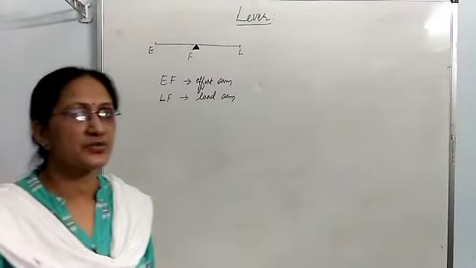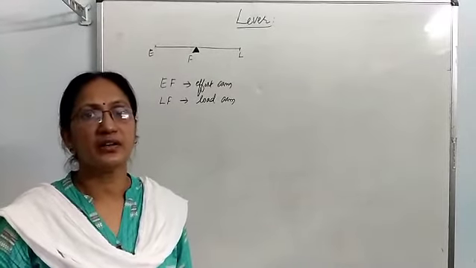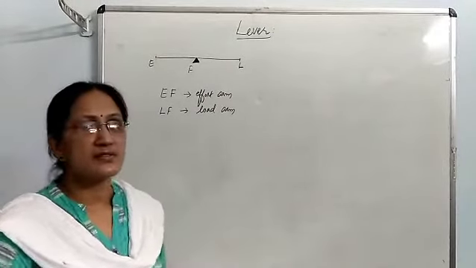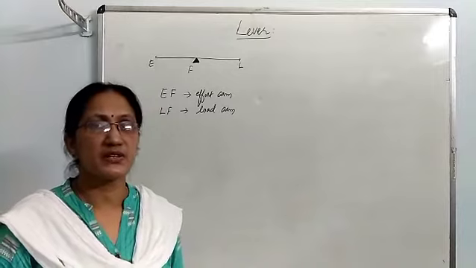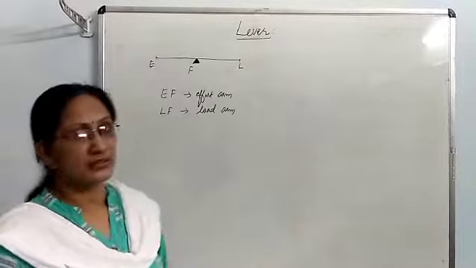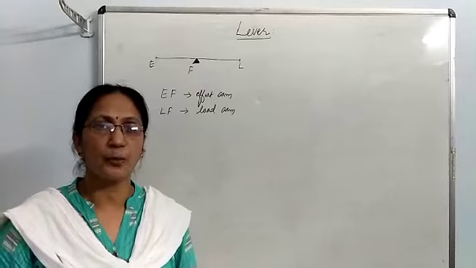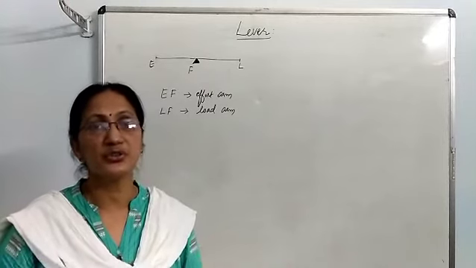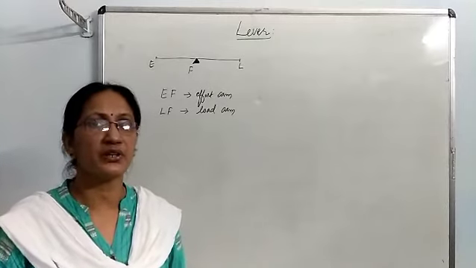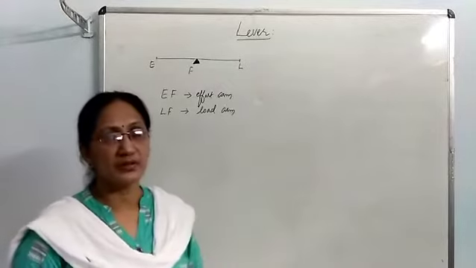Hi students, last video we discussed machines, their functions and some general terms related to machines. There are 6 types of simple machines, but in your syllabus you have to study 2 types: one is lever, the next one is pulley. By the combination of simple machines, huge machines are made. Heavy machines are the combination of many simple machines. So let us start discussing lever.